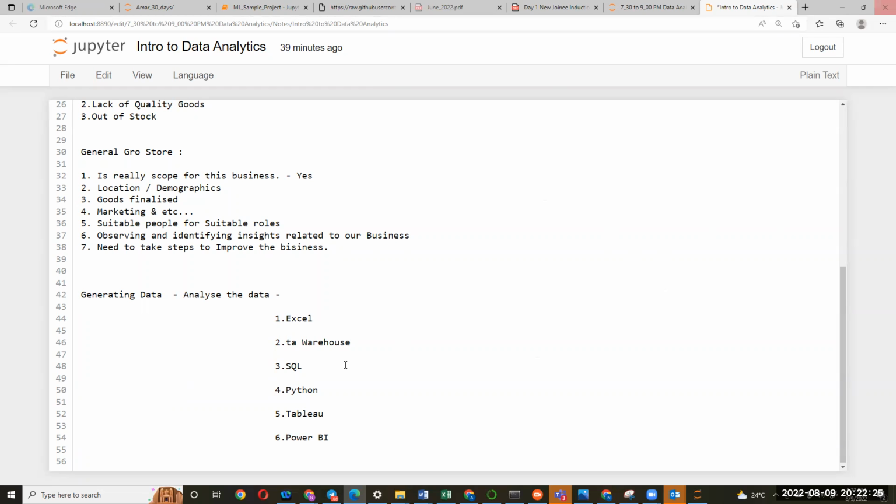Okay, first we'll go with the previously in the introduction sessions, I'll discuss to show the easiness of the Tableau. But we'll follow some specific criteria. This is the order how we are going to complete it. So first we'll go with the Excel, and after that data warehousing concepts, and SQL, and Python, Tableau, Power BI.